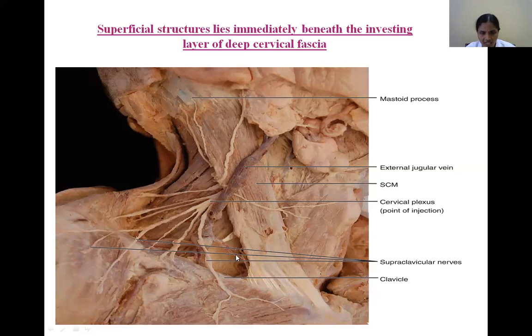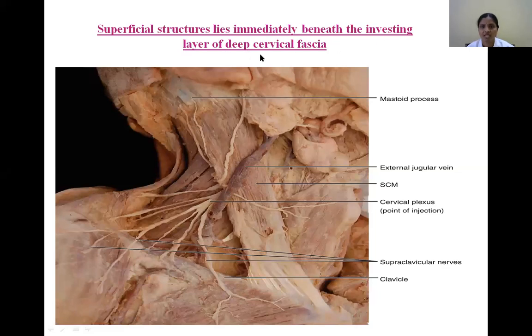All of you identify the cursor. You see, this is the anterior jugular vein, and this is the transverse. This is the suprascapular vein, and one more vein, which is not visible here. What is that? Sometimes the transverse cervical vein and sometimes the superficial cervical vein. But these 3 are important tributaries of the external jugular vein close to its termination. So this is about the external jugular vein. Clear?